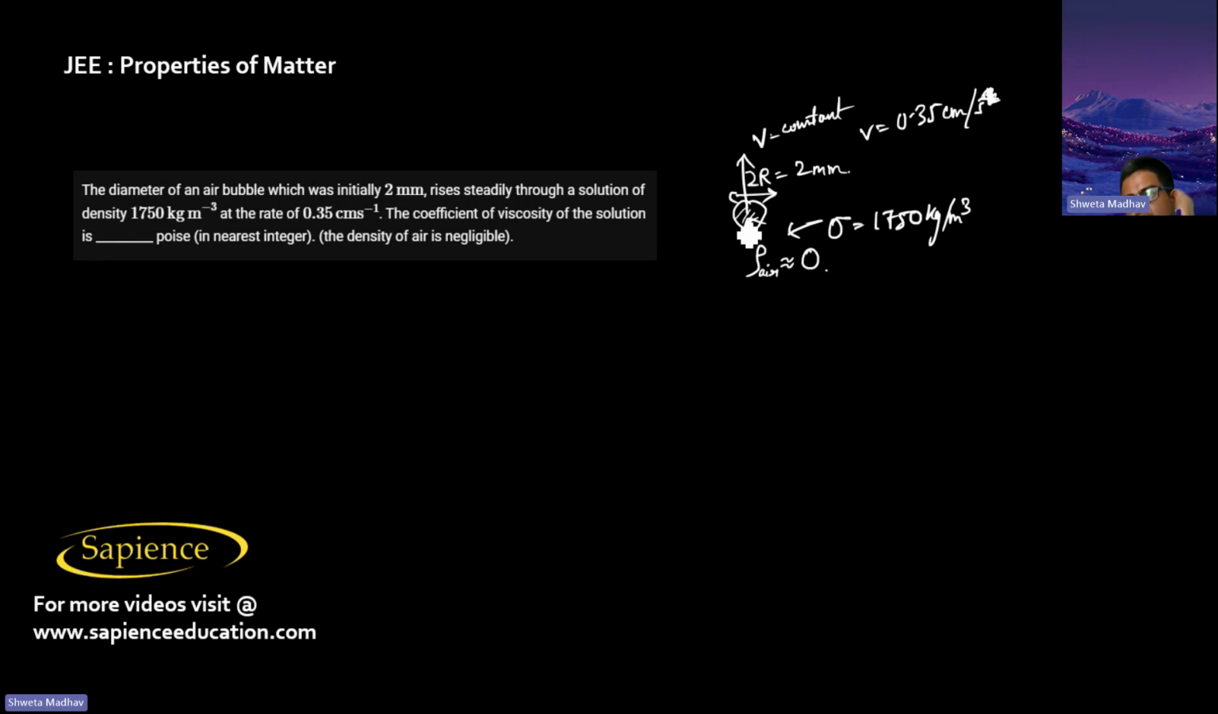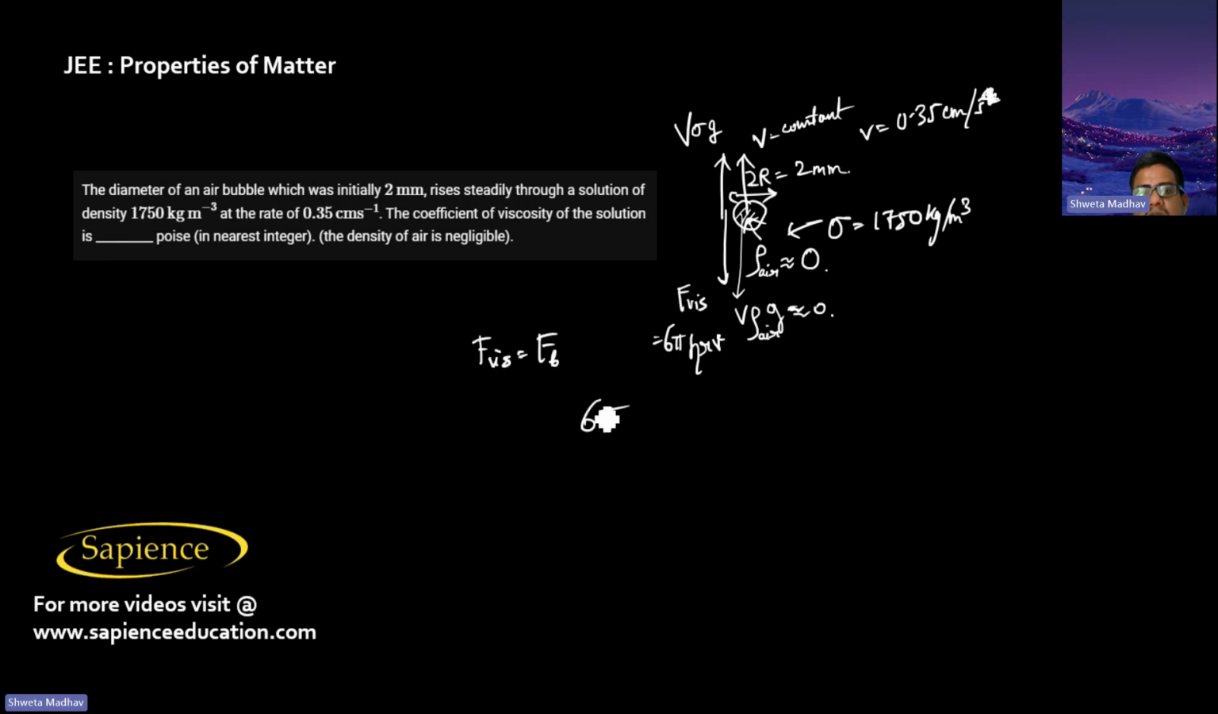So it means there is no weight. The weight of the air bubble will be 0 only. So only there will be a buoyancy force, which is V into sigma into g, and the viscous force, which is equal to 6 pi eta rv. So when velocity will be constant, then the viscous force will be same as the buoyancy force. It means 6 pi eta rv will be equal to V sigma g,